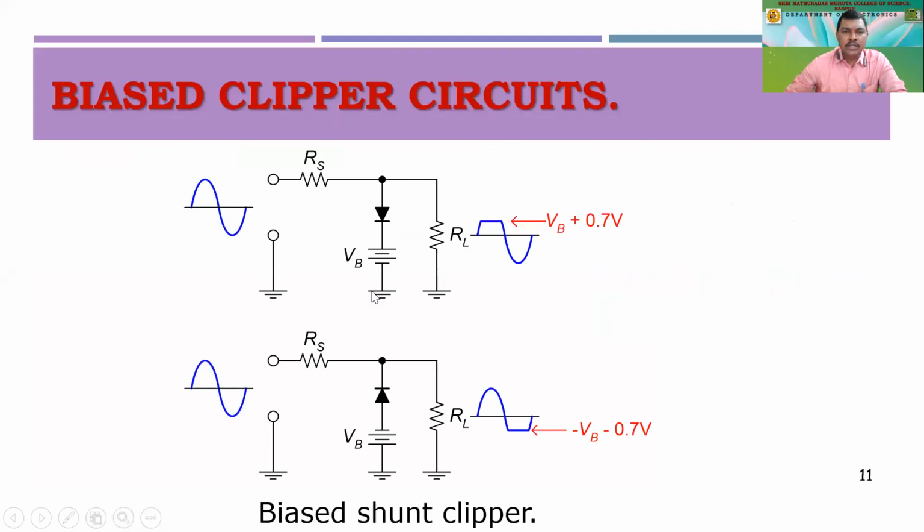So we have studied shunt clippers. Shunt clippers means we connect the diode in parallel with the power supply. So we expect that some voltage should appear across this. Whatever voltage we attach to this diode, along with the 0.7 volts, will come across the output load resistance R. Similarly, here also, that is for the negative wave. This is for the positive half, and this is for the negative half. One half will definitely appear at the output, but the rest of it can be controlled by using this.